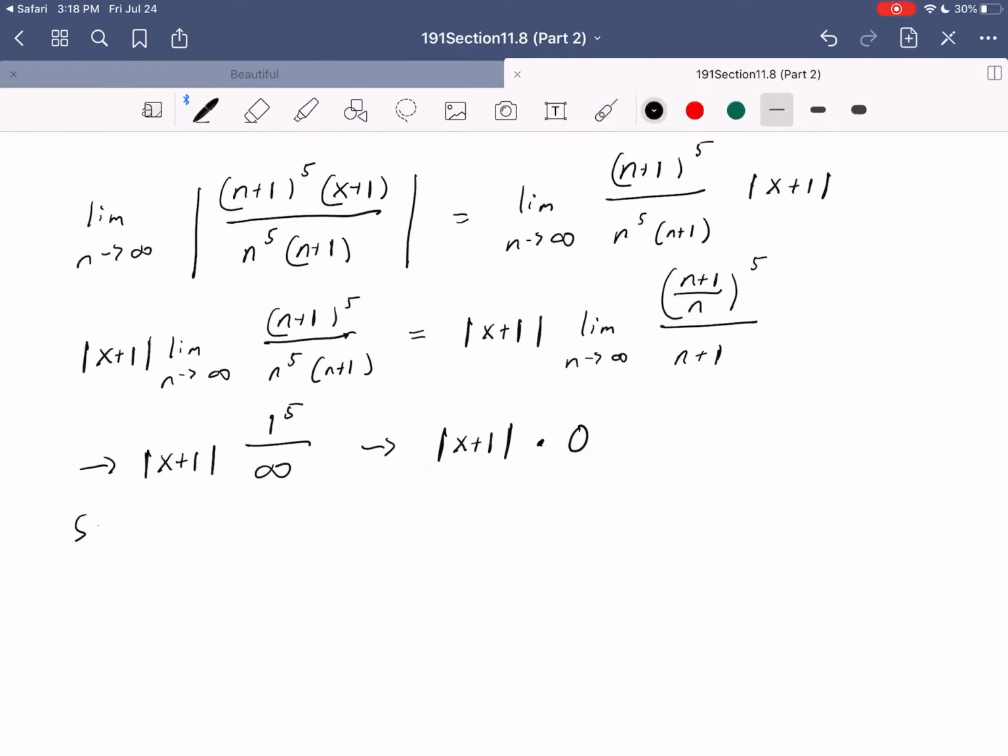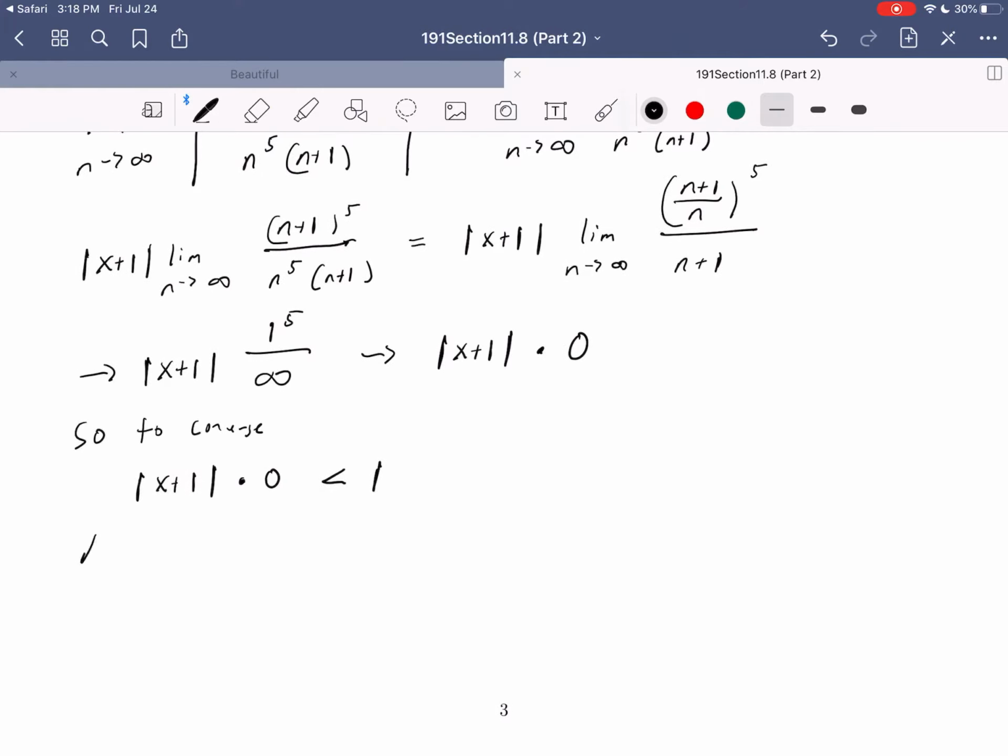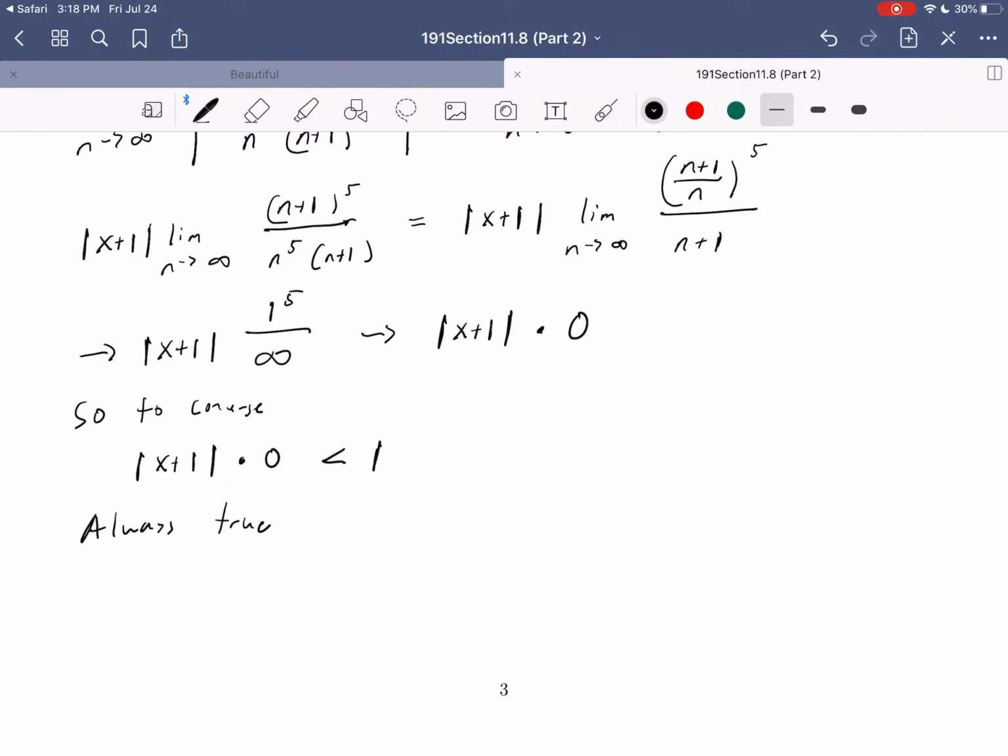So to converge, we need absolute value x plus 1 times 0 to be less than 1. Remember, this is always true. No matter what x value you plug in, once you multiply it by 0, it is guaranteed to be less than 1. So this tells us our interval of convergence. Well, we can say our radius first. Since it's always true, the radius of convergence is positive infinity, and the interval of convergence is